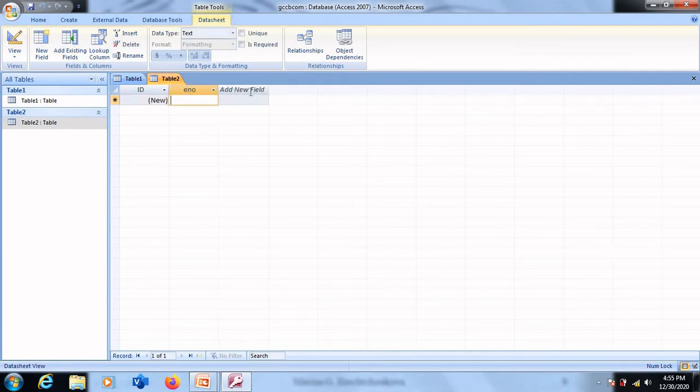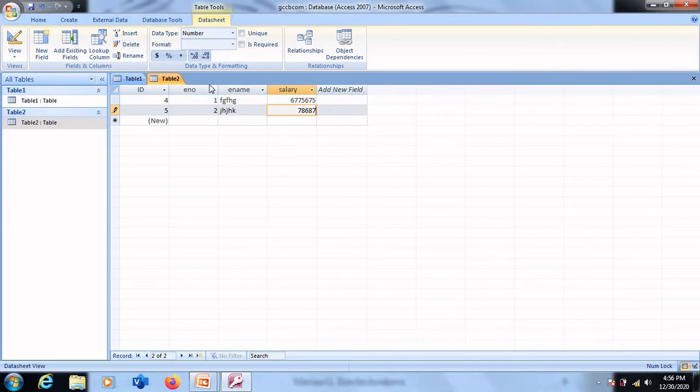Place your cursor in the next column. One more column, or one more field, will be created. Let me add employee name, and to enter the next one, I will place my cursor at the next column, and one more field will be created. Let me enter the column header, that is salary. So you can enter any column header, and after giving the column header you can start with your data. This is the data that I am entering. You can enter any number of records.